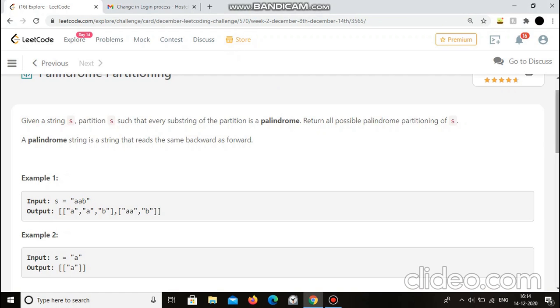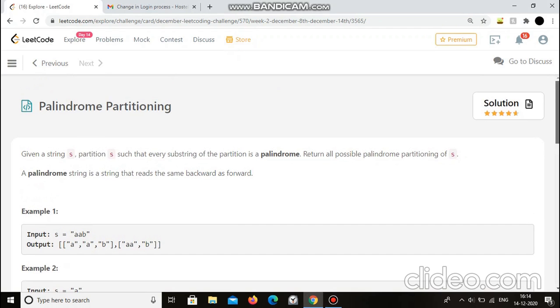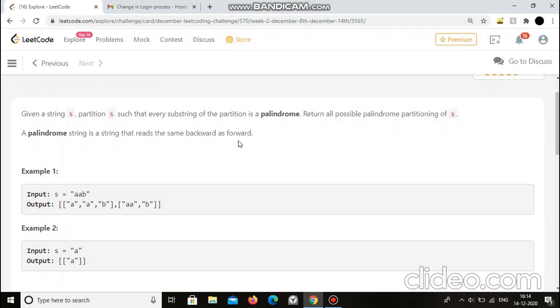Hello everyone, so today's question is called palindrome partitioning. Given a string, we need to partition the string in such a way that every substring of the partition is a palindrome. So for example, if this is the question AAB, if we do two partitions, that is